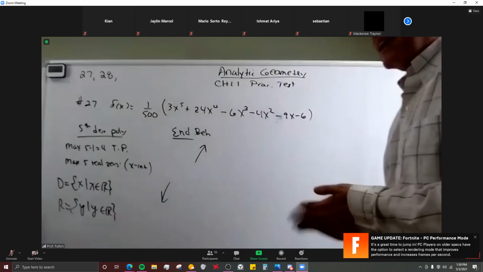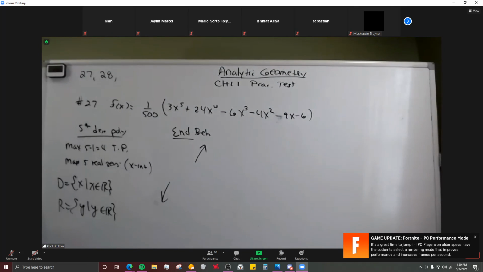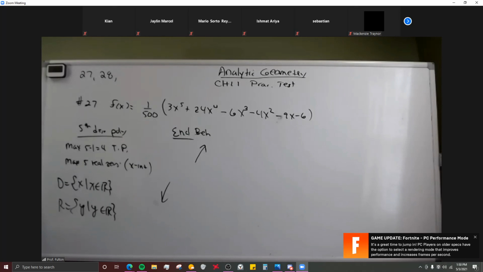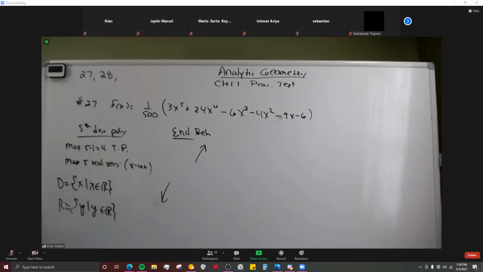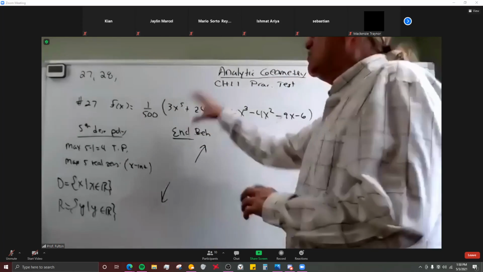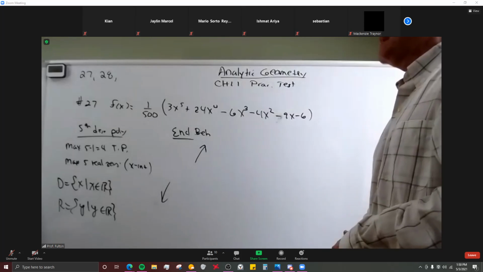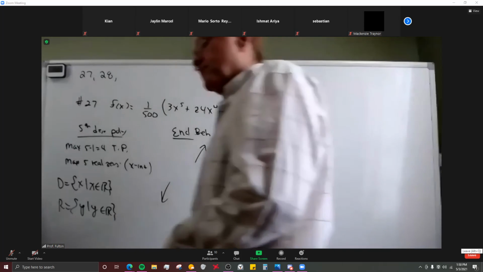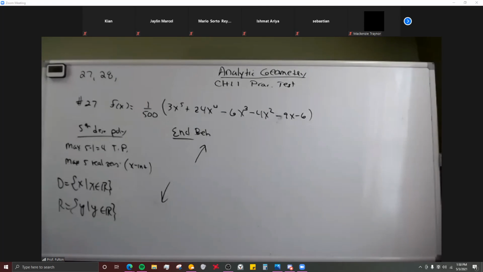But that's everything there. And 28 is kind of like, that one we should have started with. That's a much easier one. That's just a very simple parabola, and you can solve that analytically. So 28 should be fairly easy in comparison. Now you can put it in if you wanted to and find the